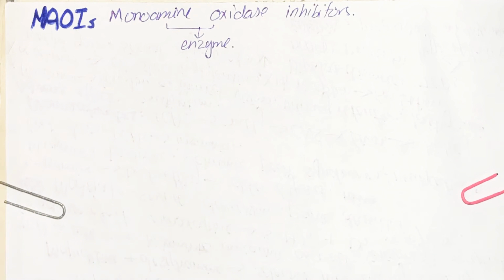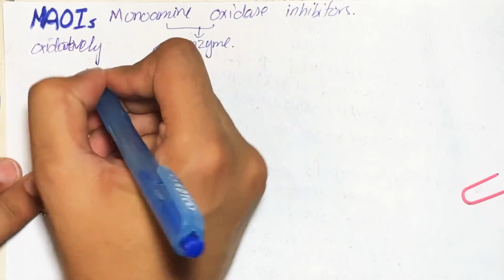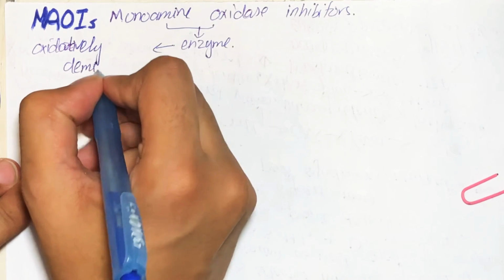So it is present in different places in our body. So what it does in the neuron or in the nerve, it acts as a safety valve to oxidatively deaminate